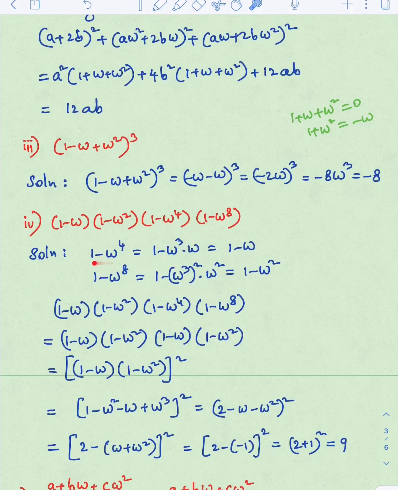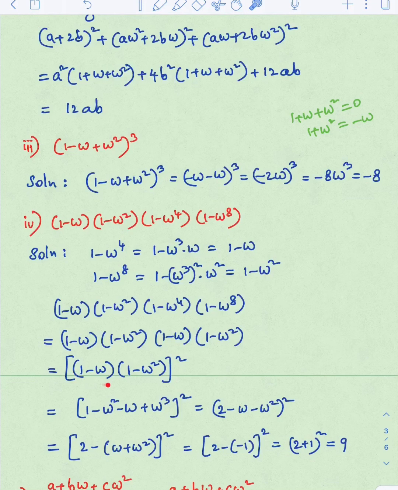First 2 terms are the same. In place of 1 minus omega power 4, write 1 minus omega. Okay. Now 1 minus omega power 8. In this place put 1 minus omega square and see what happened. This one and this one both are the same, 2 times. This one and this one are also the same, 2 times. That's why write it 1 time inside the bracket and put the whole square. It gives the same meaning. (1 minus omega) whole square, (1 minus omega square) whole square. You can write like this.